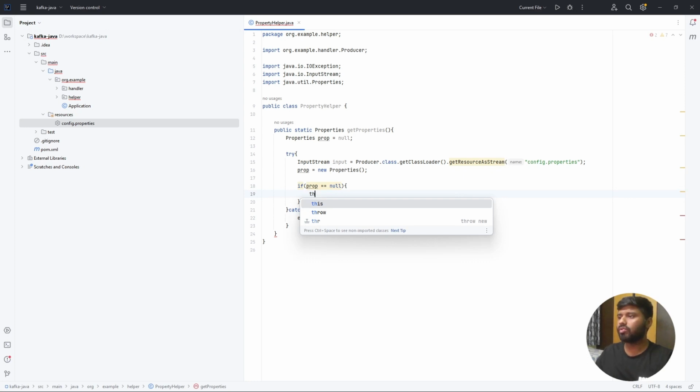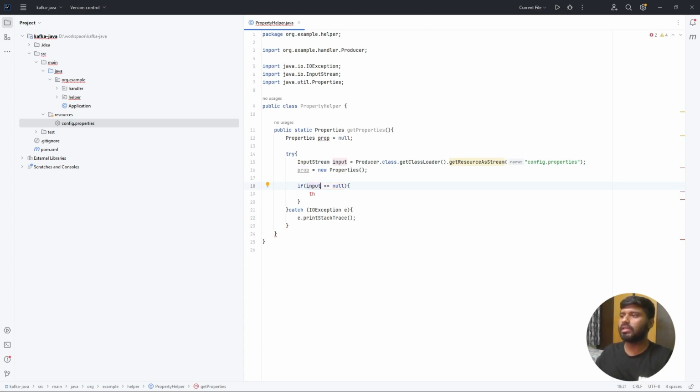Sorry, my bad, it should be input. Basically, if this line gives me the value null, that means the property file is not available or something, then I can simply throw a new exception,